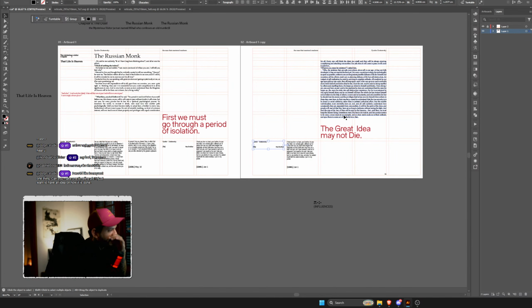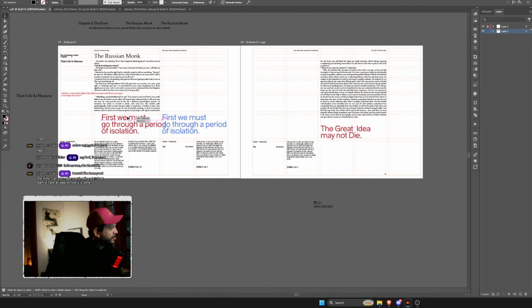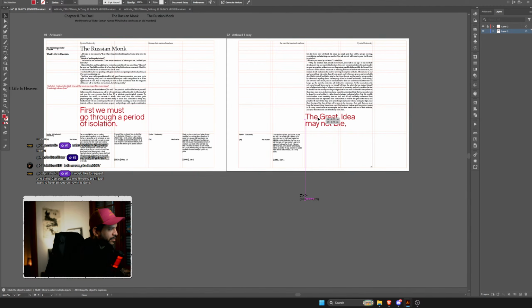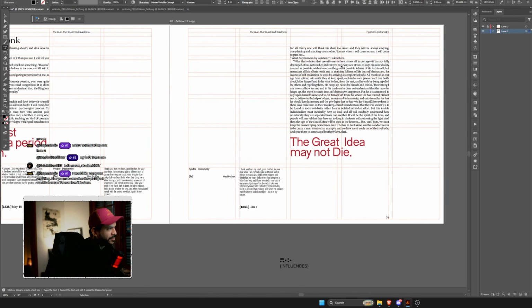Okay, another thing, for example, we could have here the letters, right? I'm just thinking about the timeline. Okay, maybe the pull quotes sit here, maybe in this text in particular.